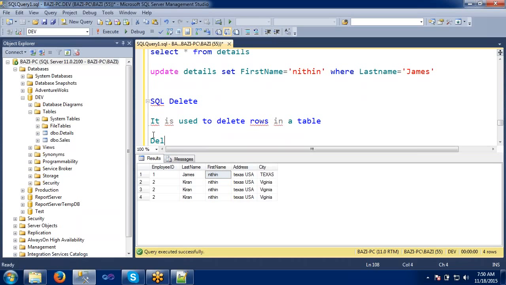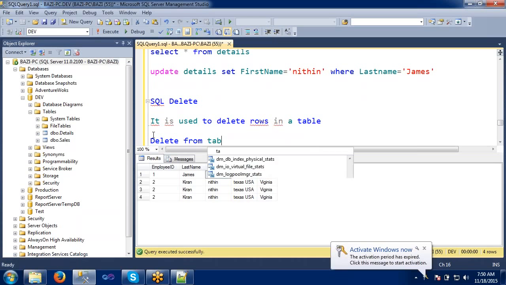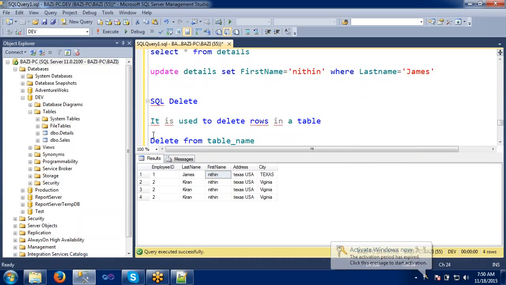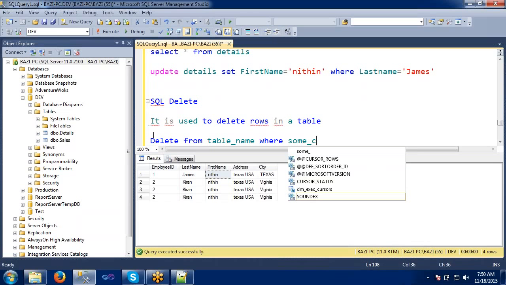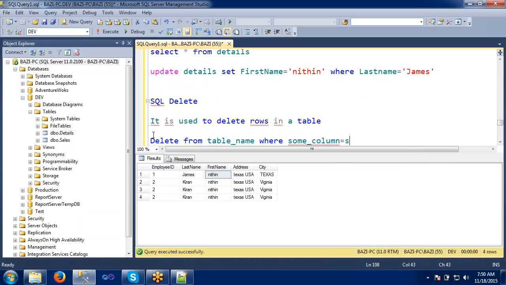Again the syntax: delete from table name where some column name equals some value.